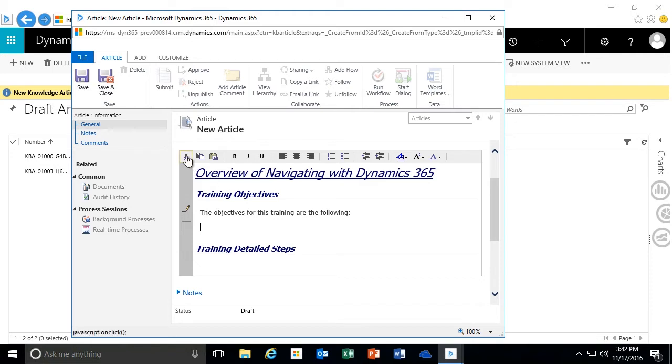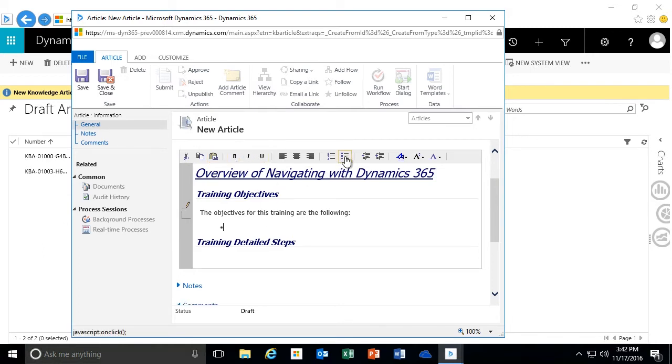And not only that, but very similar to what we had within the article templates, we do have a formatting toolbar that we can use to expand and format the text that we are typing in. So you notice that we do have the ability to copy and paste. We can bold, italicize, underline. In this situation, if we want to have bulleted objectives, we can now have bulleted objectives and say,